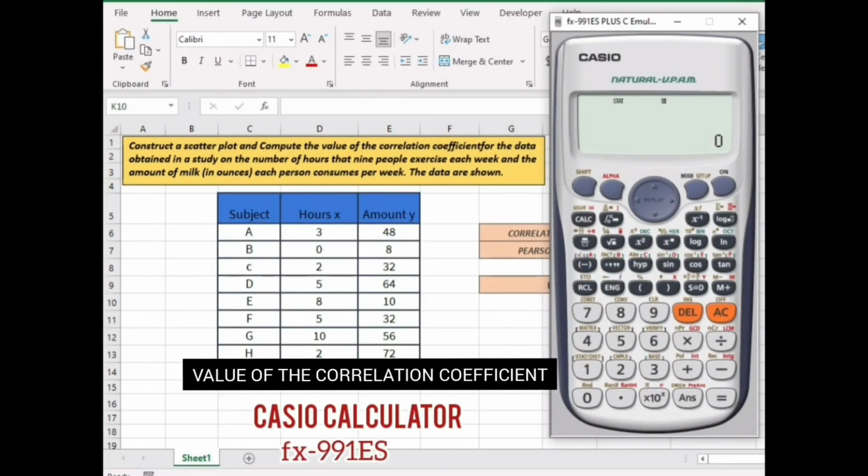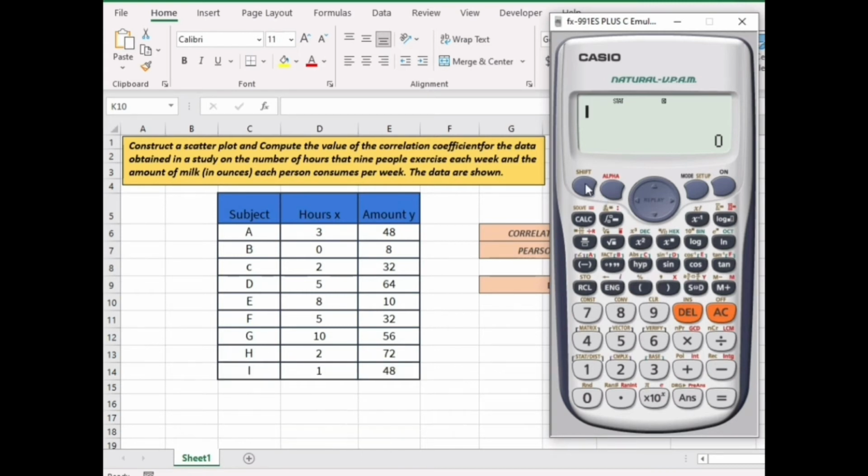Now, I will teach how to do it using the Casio FX-991ES calculator. First, just click Mode, then click number 3, and click 2, which is A plus BX. Then, let's enter our data for X and Y. So first, for X, 3, then the equal sign, then 0, equal, 2, equal, 5, equal, 8, equal,